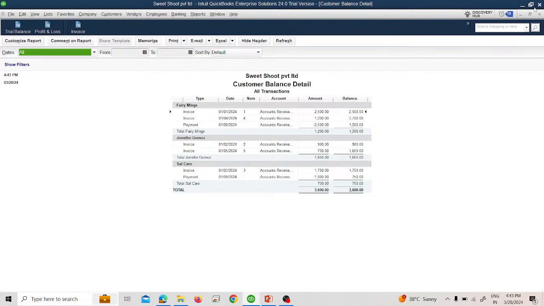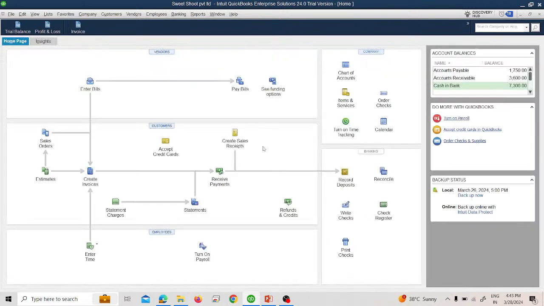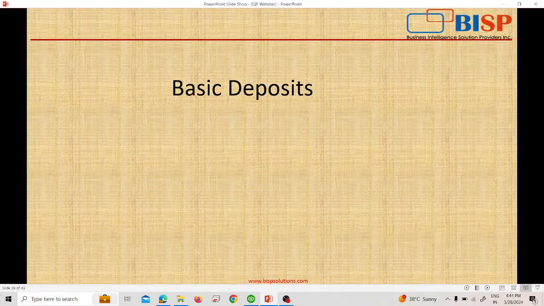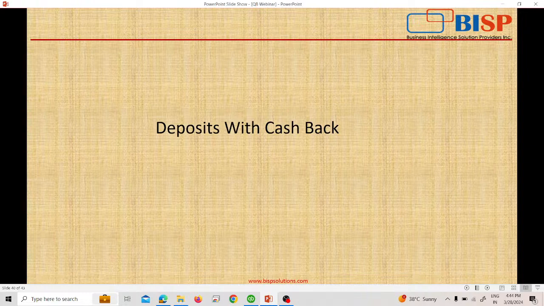So now we move forward to our next topic, which is again related to deposits, and that is deposits with cashback. What do we mean by deposits with cashback, or cash expenses on deposits? It is basically that first of all we have collected some funds from the customer for a service provided or for the goods supplied. But when we are going to deposit certain funds, suppose we have received the check and